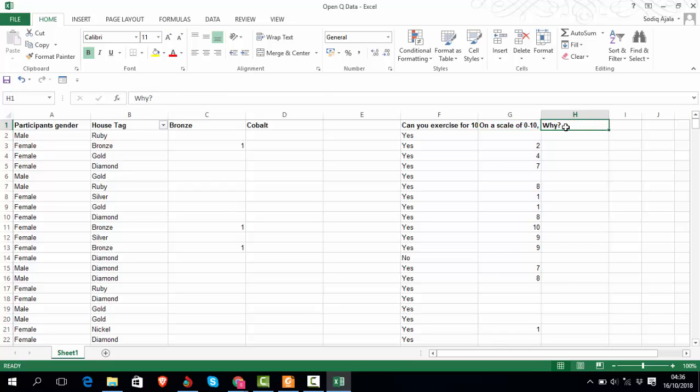So the question of why is an open-ended question, because people's reasons for not choosing a service could be enormous. So when you ask a question of on a scale of 0 to 10, 0 being the lowest and 10 being the highest, how likely are you to rate our yoga services? And somebody says 2. Why do you say 2? So you could get a response like your service is expensive,